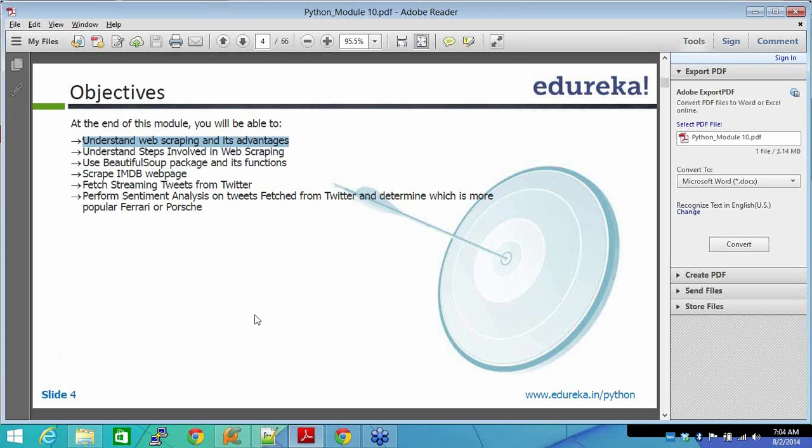Understand the steps involved in web scraping. Use the BeautifulSoup package and its functions. We'll be using one of the packages called BeautifulSoup. And now you might ask me this question: is BeautifulSoup the only package to scrape the web? No, there are many more packages available, but we use BeautifulSoup because it's the most widely